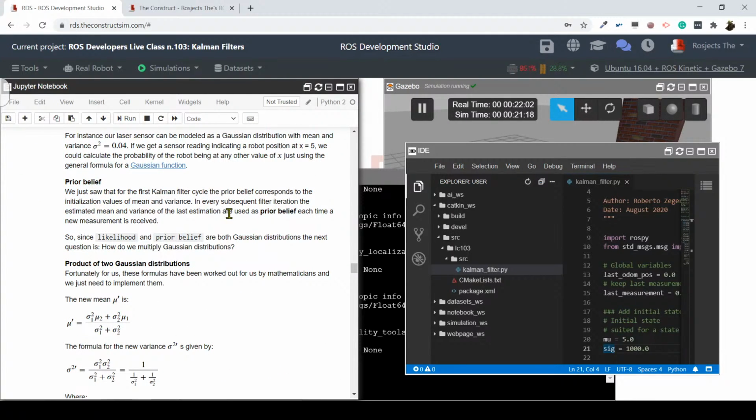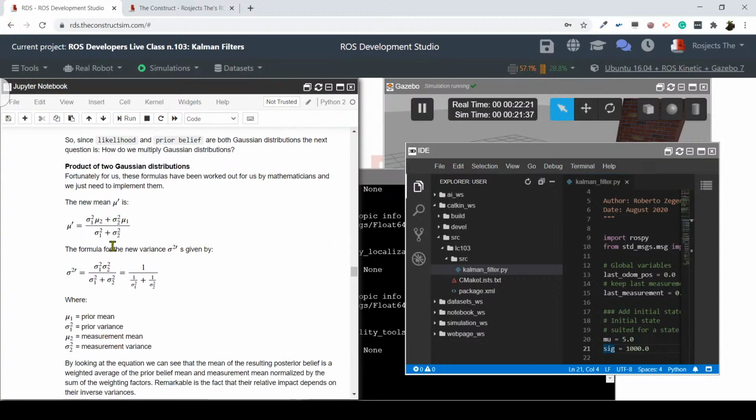In every subsequent filter iteration, the estimated mean and variance of the last estimation are used as a prior belief each time a new measurement is received. So each time a new step takes place, the prior belief changes. Since likelihood and prior belief are both Gaussian distributions, the next question is, how do we multiply